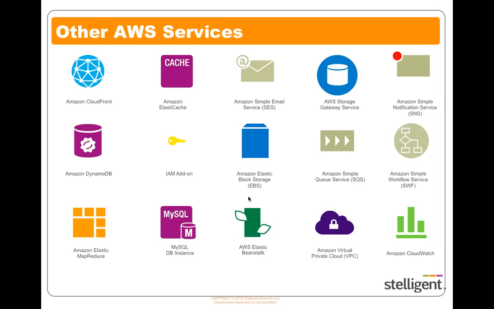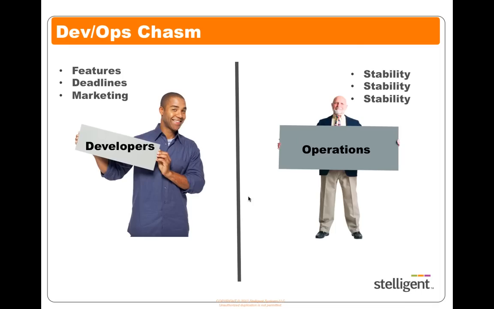Simple queue service is a message queue service. A lot of these are services that you might normally use using ActiveMQ or RabbitMQ or so forth. But the difference here is that it's all managed for you. There's a storage gateway. There's an interesting service, especially when it comes to continuous delivery and deployment, which is SWF. It's a relatively new tool called Simple Workflow Service. We won't be going over that in detail, but that's just another one to keep your eyes out for. And then the virtual private cloud, which is VPC, allows you to isolate cloud components.